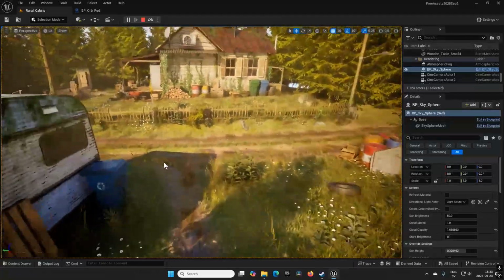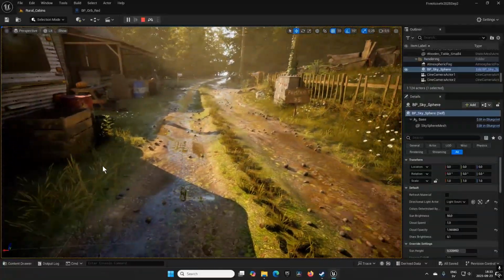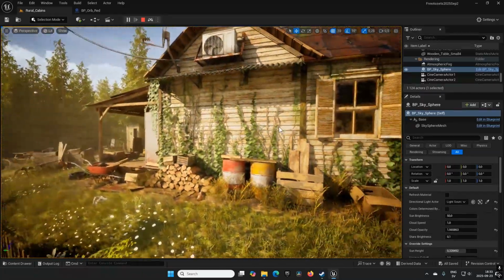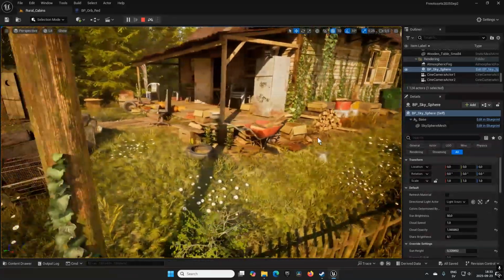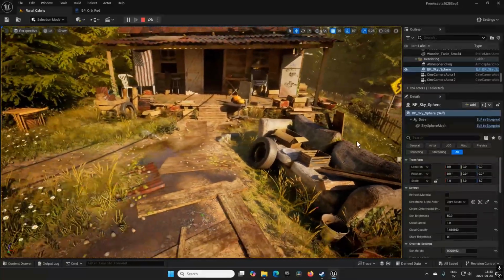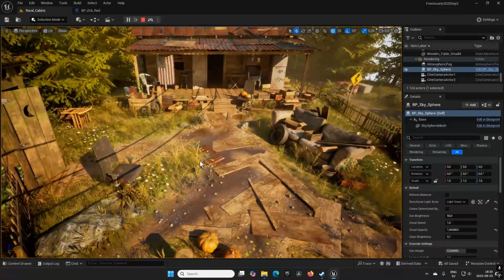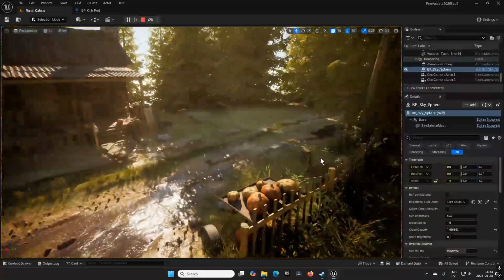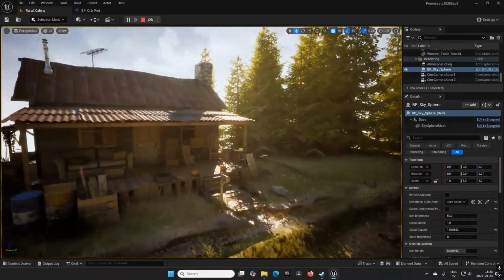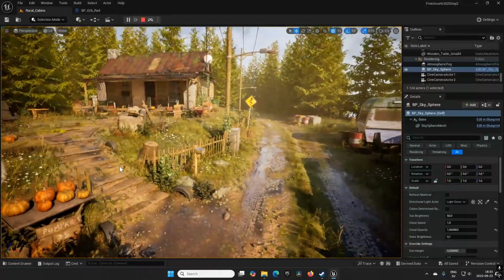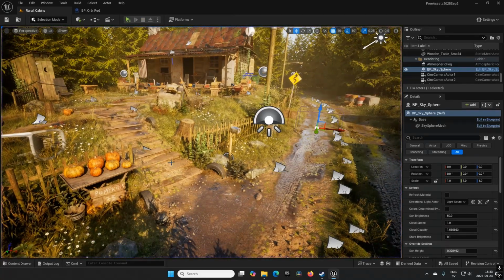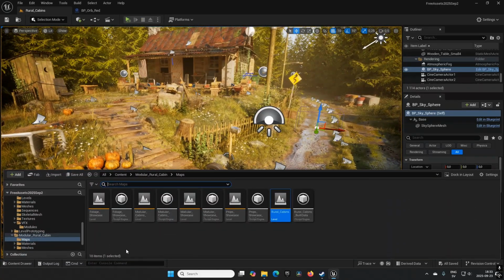You have water, and you have effects of water in the road traveled in between the caravan and the houses, the cabins. You have a lot of small details like wheelbarrows and pieces of metal and chairs and outhouses and all kinds of little knickknacks like that, even pumpkins. So it lends itself as a very downtrodden kind of an area in this demo scene,